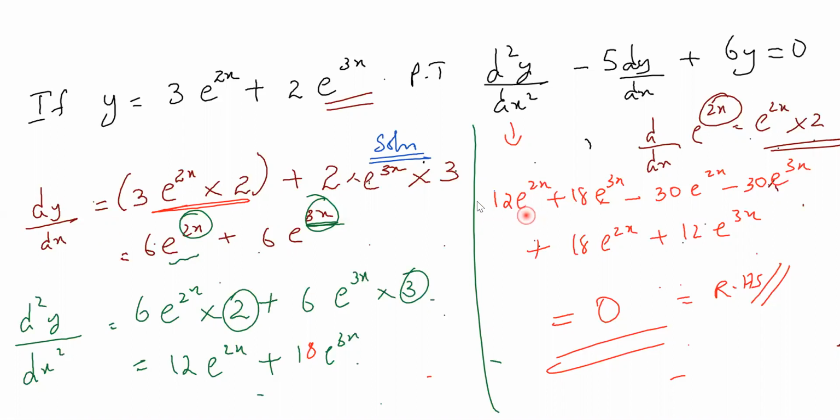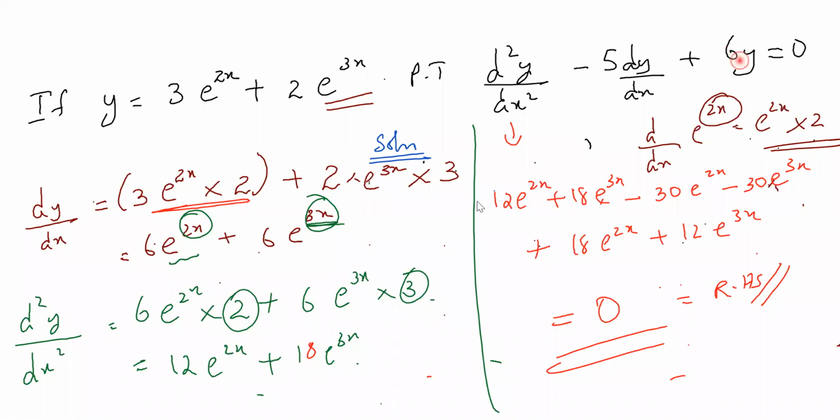This is nothing but, I'll tell you, what is d square y by dx square? This one, right? Yes, sir. This one I just substitute like that. Okay. And 5 times I'm multiplying dy by dx. So 5 into 6 is what? 30, sir. Minus symbol is there, I put minus 30. Okay. Then again 5 into 6 is what? Minus 30, 30. Yes, sir. That's all. Then okay.